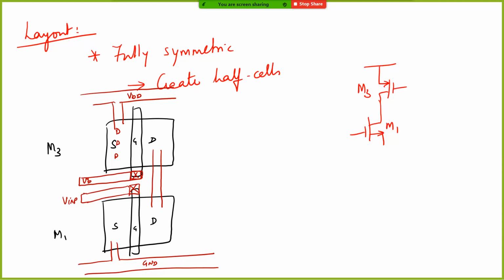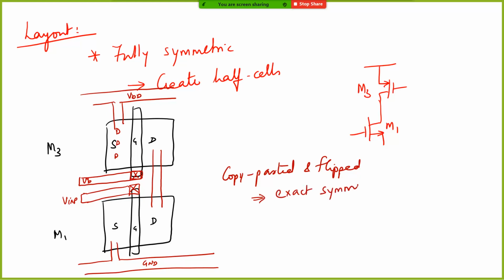Okay. Now how do I make a highly symmetric layout? I just make a half cell and then copy it, flip it around, and then attach it to the other side. So this is copy, pasted, and flipped, so that you have exact